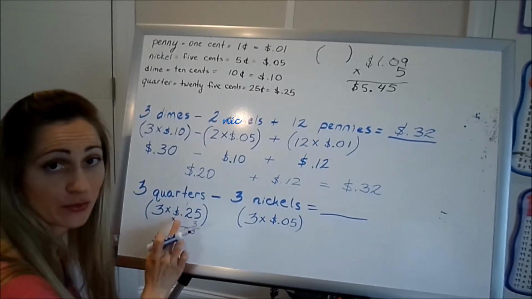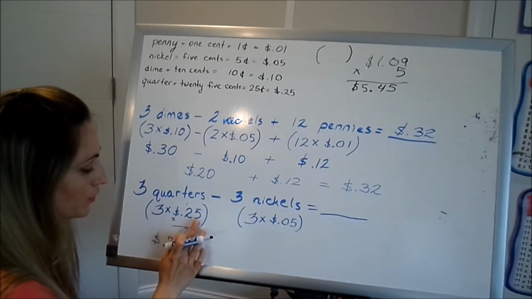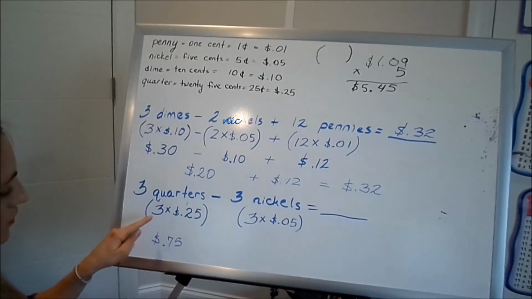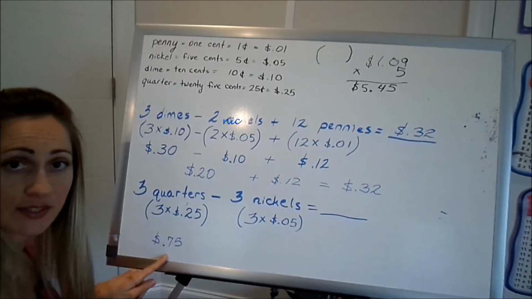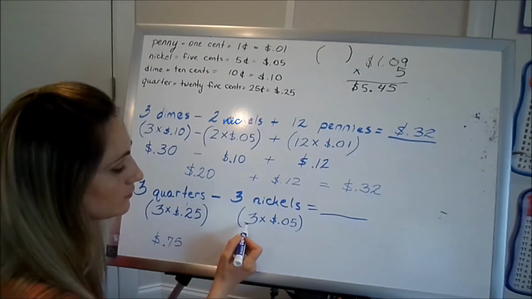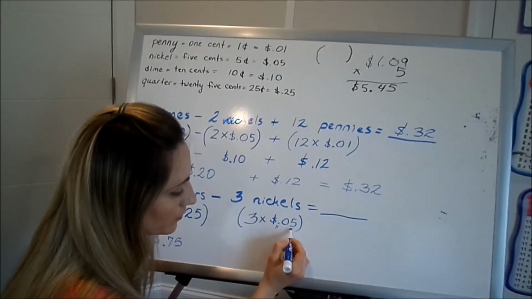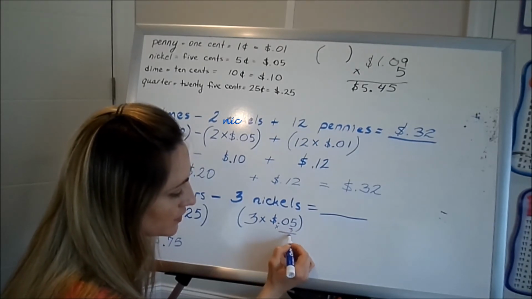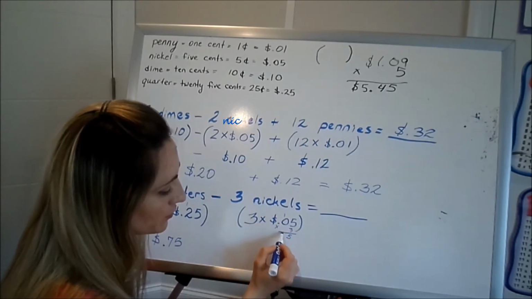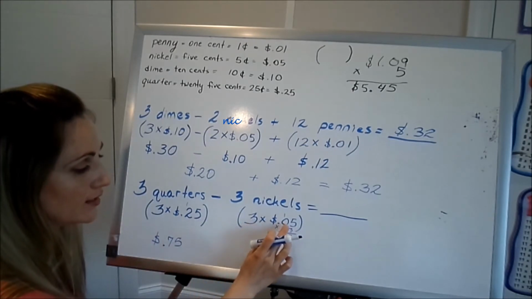So this is how you can make it easier for yourself and multiply down this way if you don't know it right off the top of your head. Okay, so 3 quarters is 75 cents. Let's do that same thing right here. 3 times 05. We're going to put this 3 here. 3 times 5. 3 times 0 is 0 plus 1. And there's our 15 cents. So 3 nickels